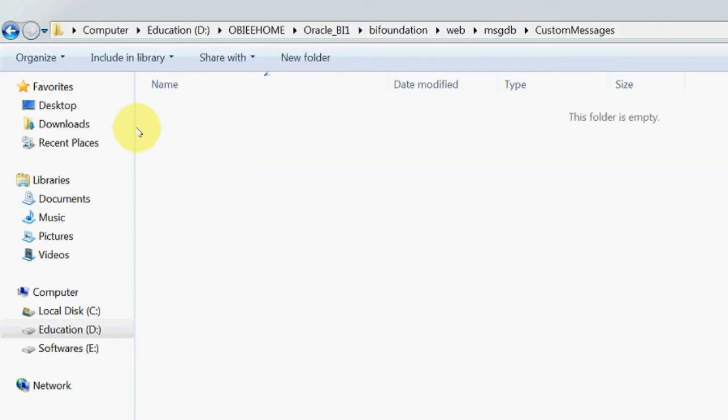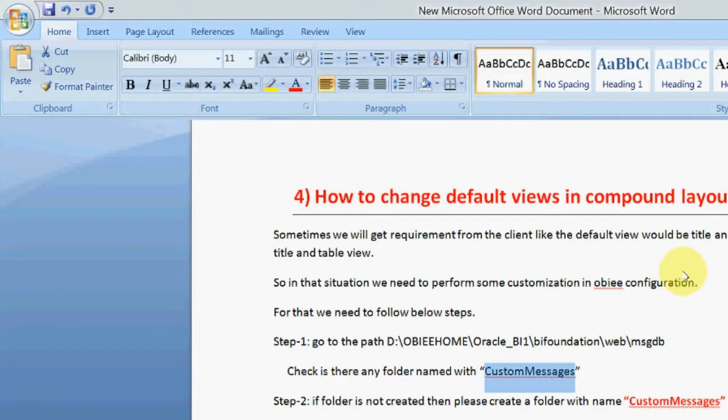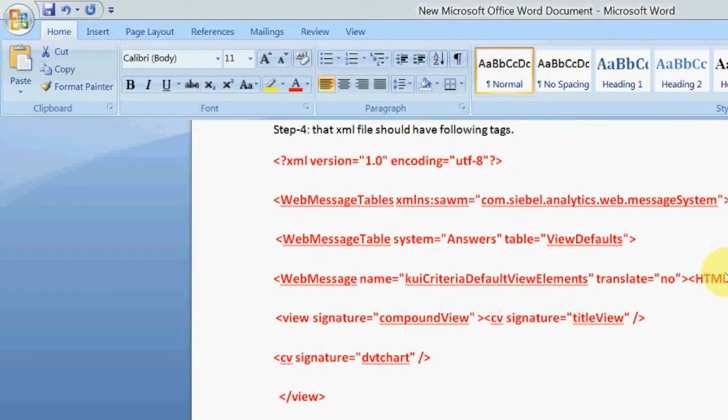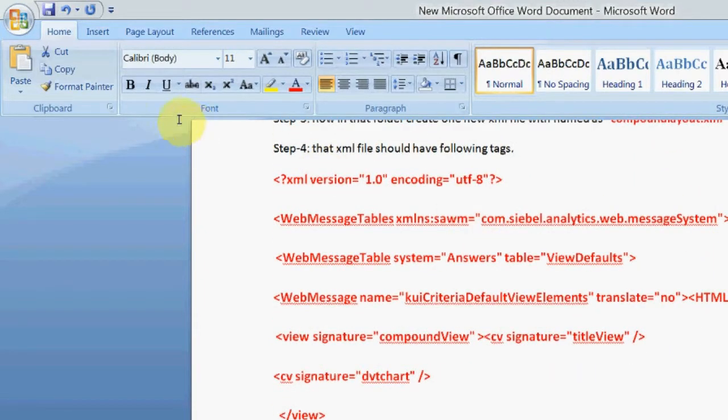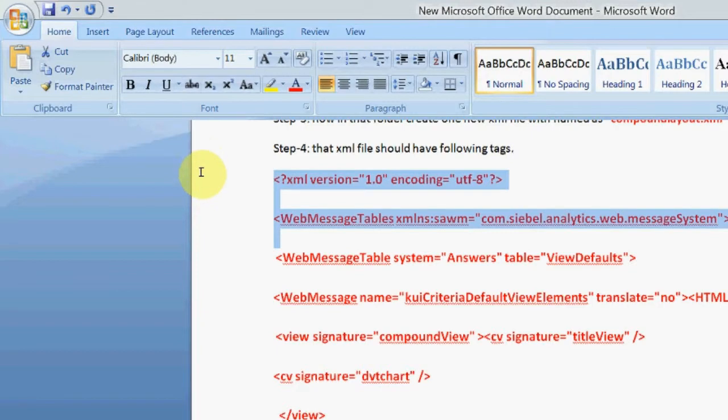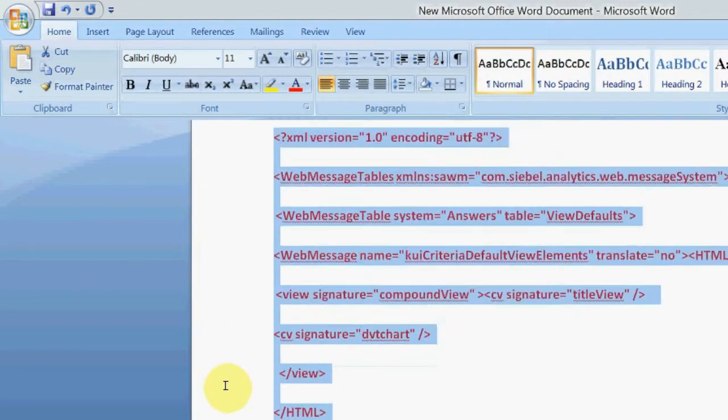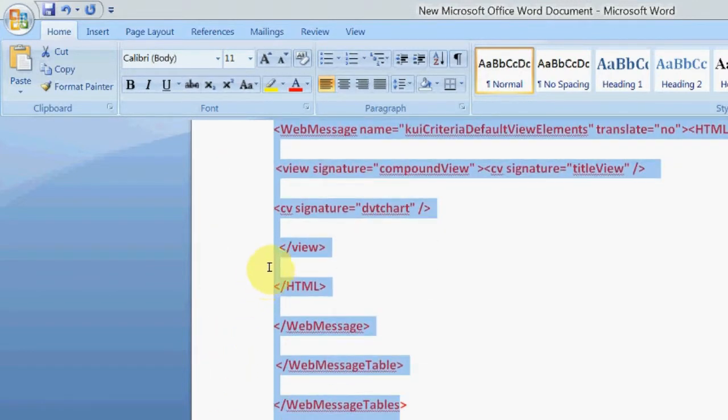So under this we need to create one XML file with some tags, that is these tags. I am copying all these tags.